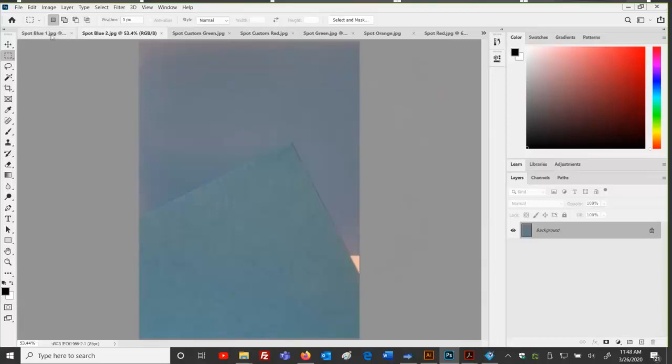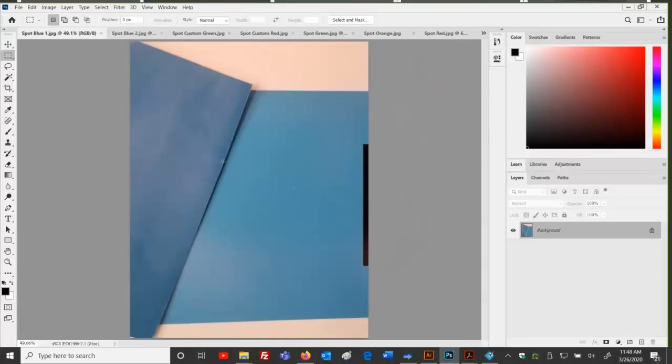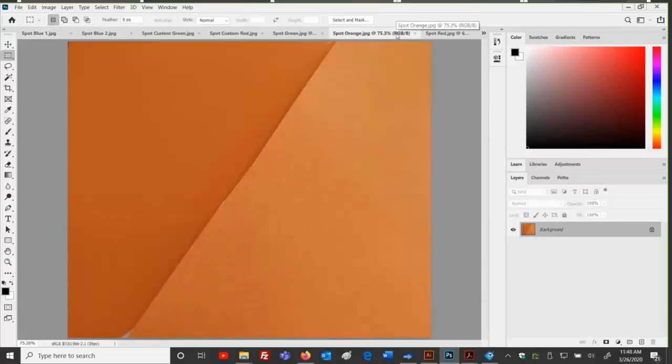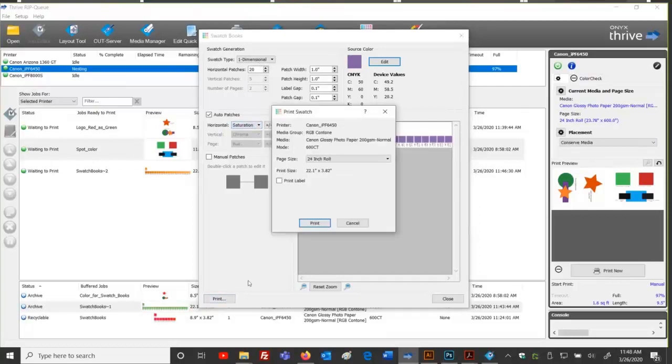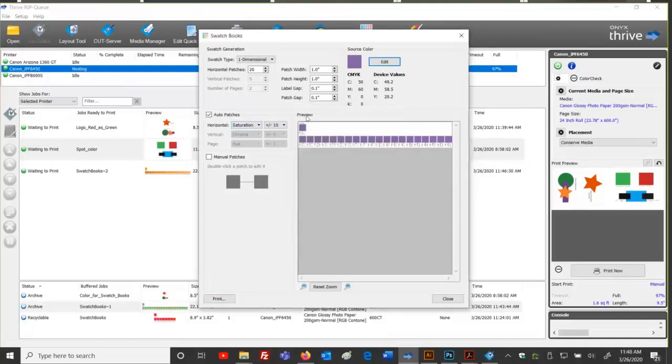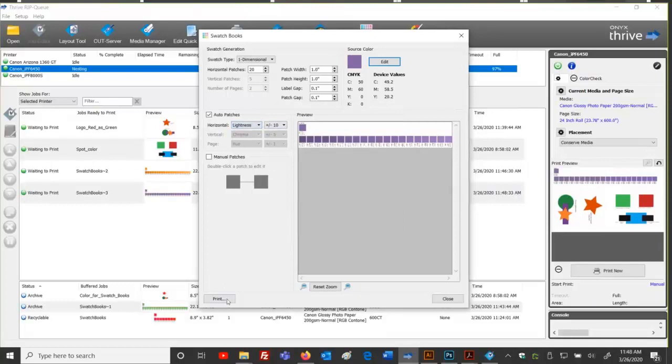But when you're evaluating this and you're trying to decide how are your colors not matching and what is it going to take to get to that matched target color, when you're looking at these types of things and you start to go through and do your printing, maybe you feel like, well, you know, it could be saturation, it could be chroma, it could be lightness, and you're not sure. There's nothing wrong with doing a series of them. I can start out with saturation and print that. Then I can change this to lightness and print that. Then I can change this to chroma and print that.